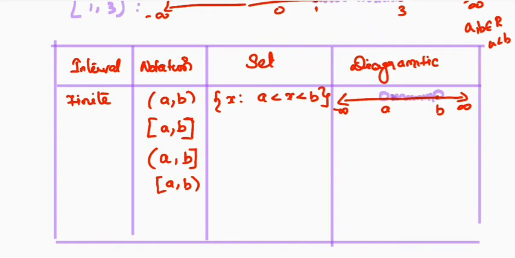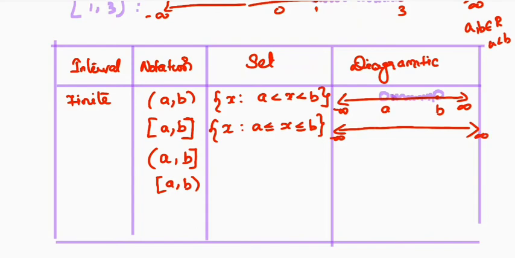So here I have used the square bracket. That means what? It is the set of all real numbers such that a is less than or equal to x less than or equal to b. Okay, a is also included, b is also included along with the real numbers in between a and b. Okay, so in the diagram, how can we represent? You can represent a real line. It is minus infinity, here you will have plus infinity. Here I marked a, here it is b. So what, a is included.